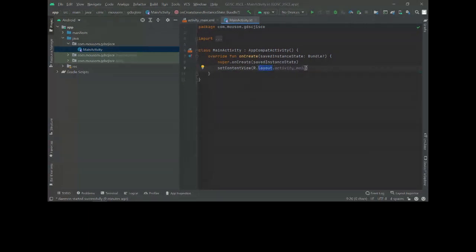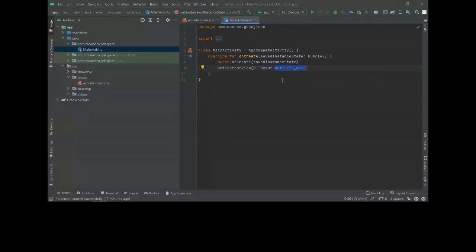Where does this layout live? You can see there is a folder called res. This is called the resource folder. Inside the resource folder, there are also some subfolders. We are looking into the layout one, so we'll go for this layout. The capital R means resource, and dot layout means inside R there will be a layout folder, and inside the layout folder there will be activity_main.